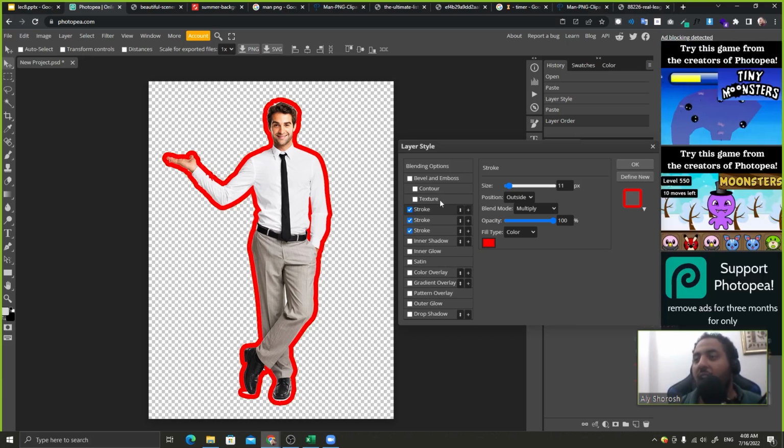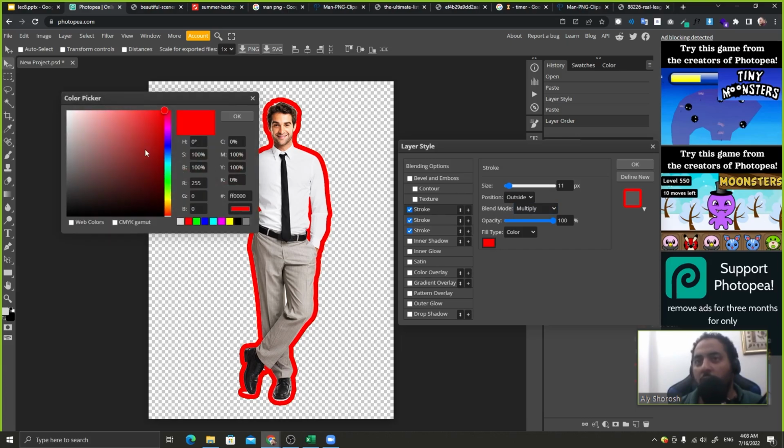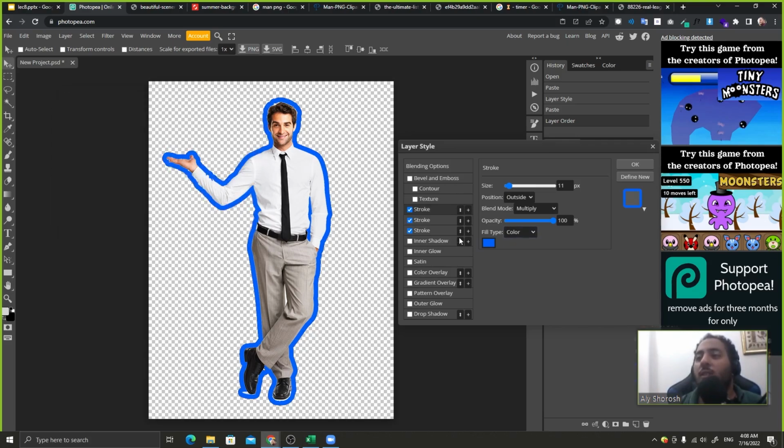So what if I added another stroke with blue color like this, for example, and click OK? Now I have blue, and I have here red and here green. So what if I clicked this switch here on the red? Will it go down or up? It will go up. It will switch with the stroke above it. So if I click like this,